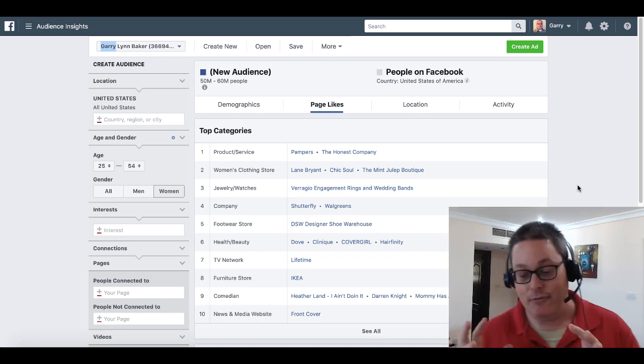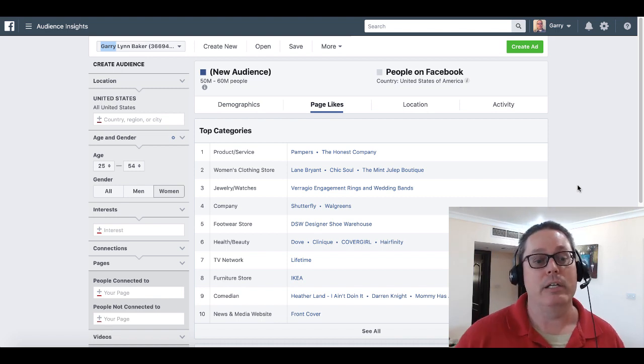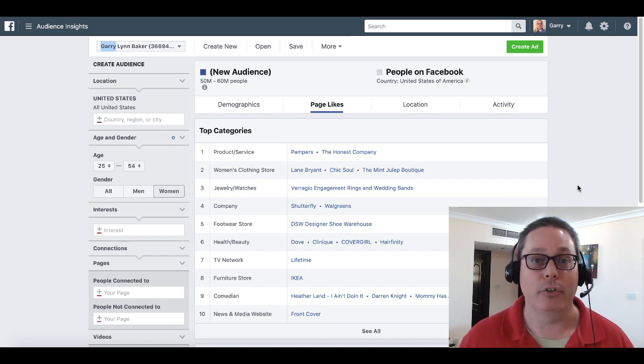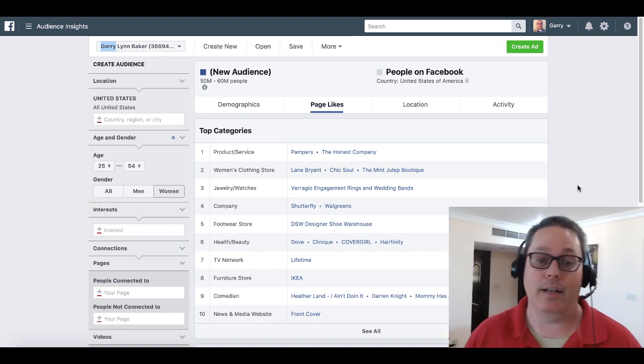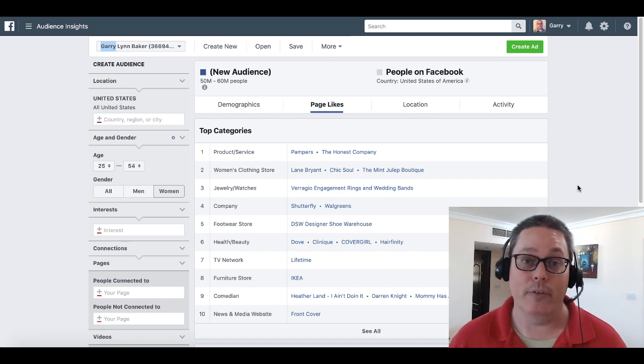Don't let yourself fall into the trap of thinking that the only way to do audience research is with the Facebook Audience Insights tool. Remember, you have Google, you have YouTube, you can dig down, you can find people and their interests, and then you can come back to the Audience Insight tool. So when you're ready to actually narrow that target market down, and if you want to run Facebook ads, it's